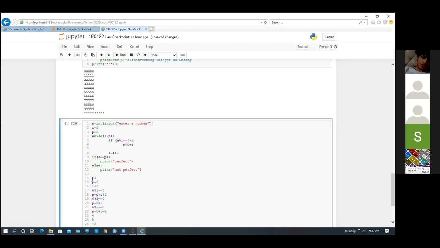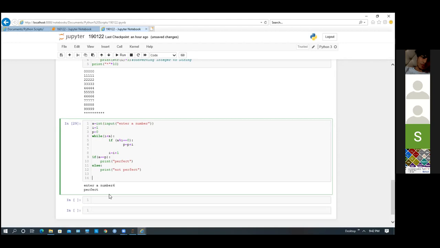So whenever you guys write a program, if you are facing some challenges, try to write the algorithm like this. Then it will be much easier for you to decipher what you want to do. Okay.